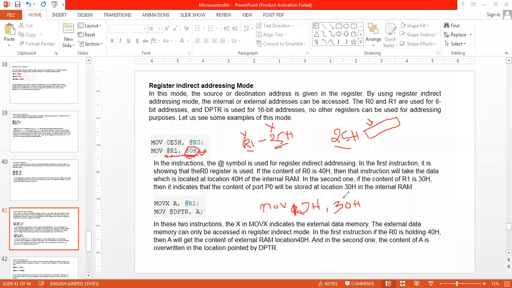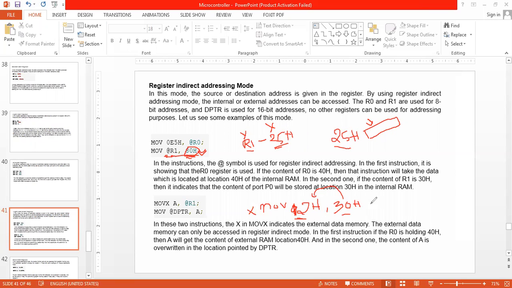The data that 30H is having will be loaded into the memory location 12H. 30H is also a memory location, 12H is also a memory location. Whatever the data is inside the 30H memory location is going to be loaded into the memory location 12H. This I cannot execute. On both sides there should not be a direct memory location.